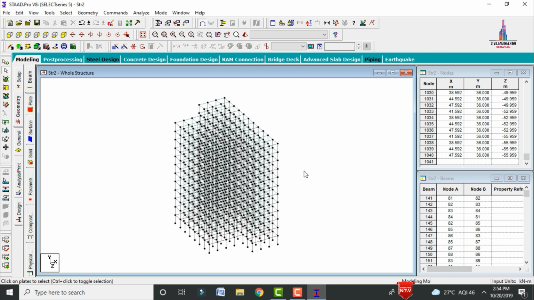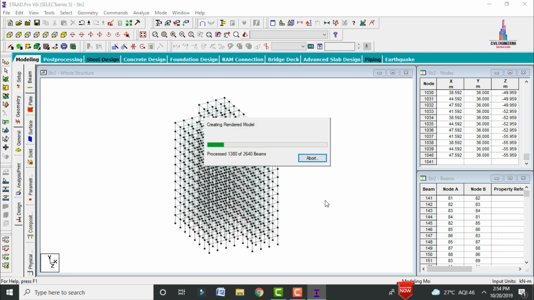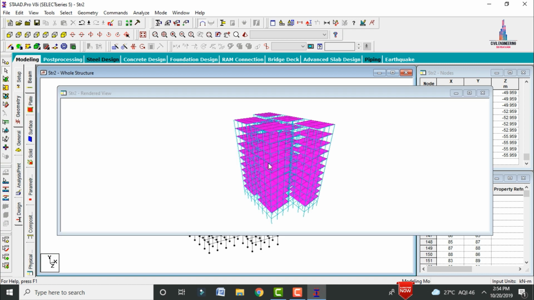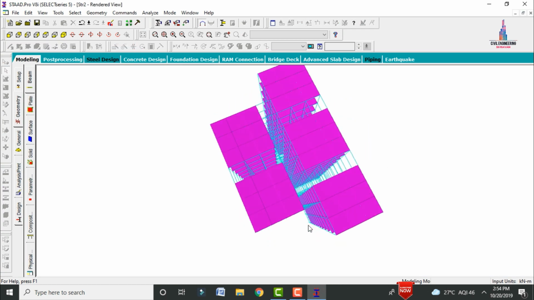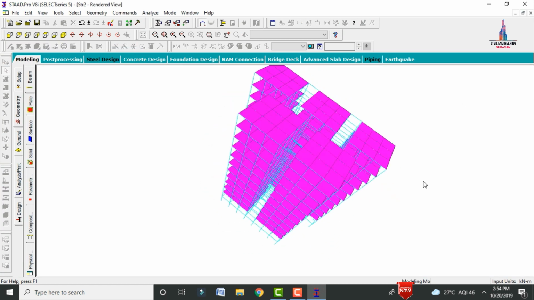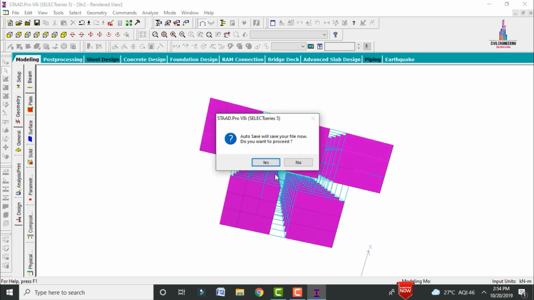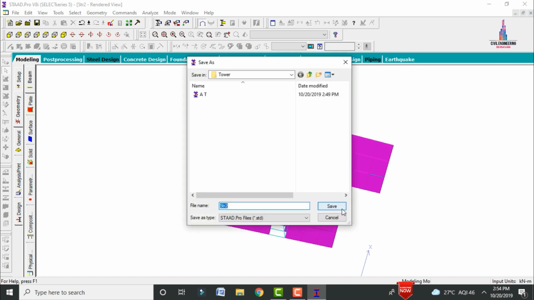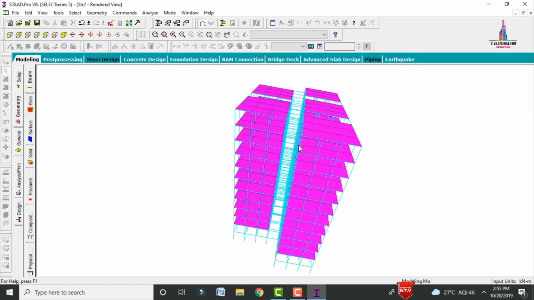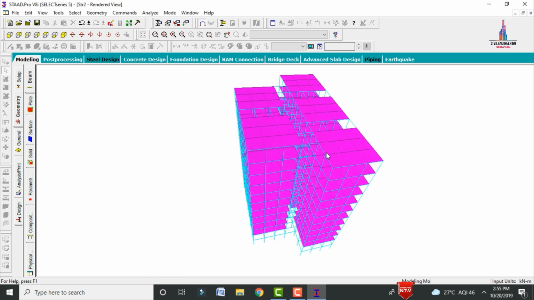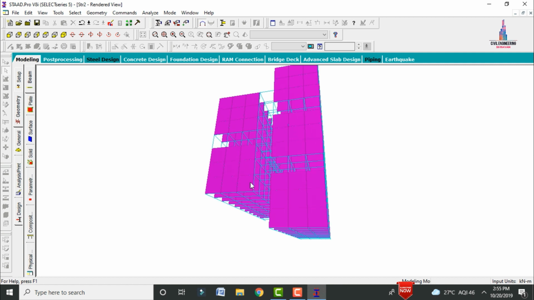Now we have to see this model in the rendering view option. For that, click on the 3D rendering view option here. It will load your respective properties as per your typical floor plan. Now we can consider this is a simple apartment building, a medium-rise apartment structure of G plus 12 stories, consisting of 11 flat floors. Each portion will consist of 5 flats. So 5 multiplied by 11 stories equals 55 families in this structure.